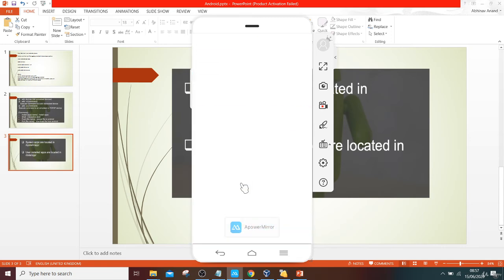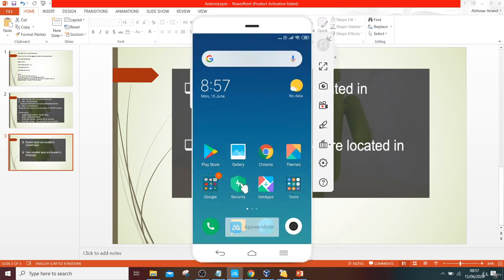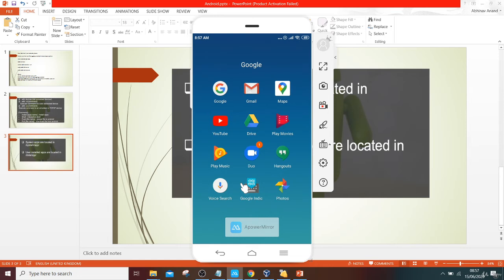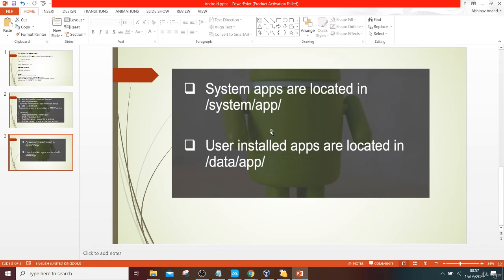You can see, if you go for Gmail, Drive and so on, these are all system related apps. You will find those in system/app, and the apps in data/app are the ones I have downloaded from Google, or which are not provided by the Play Store and I have installed.